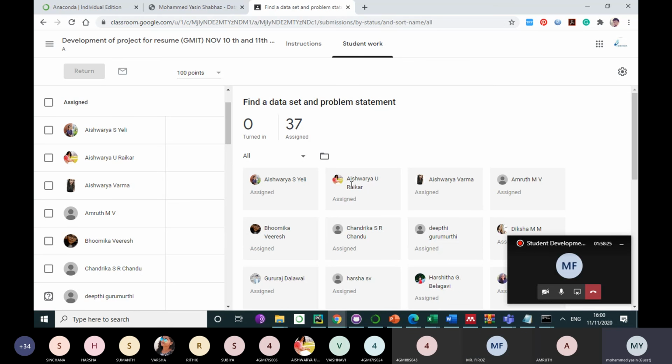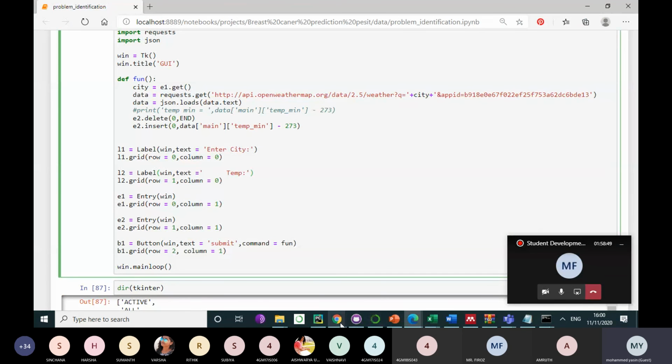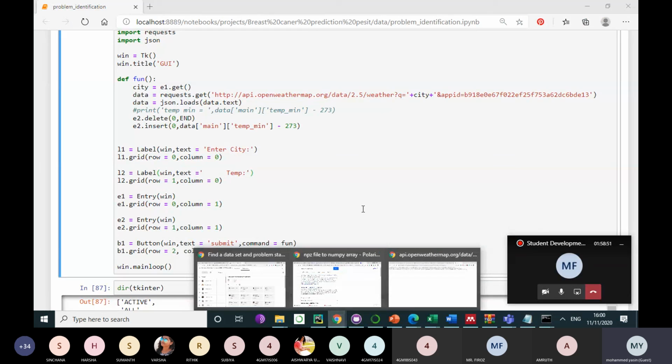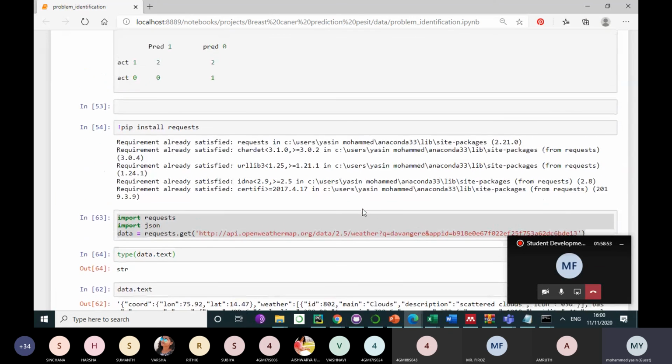You can do data pre-processing and then submit the IPNB files and the CSV file to us in this same classroom. Once you send it, give me a reminder so that I can go and check it. If you find any difficulty, you can contact me at any moment. I have provided the email IDs and details here, or you can also ping me.